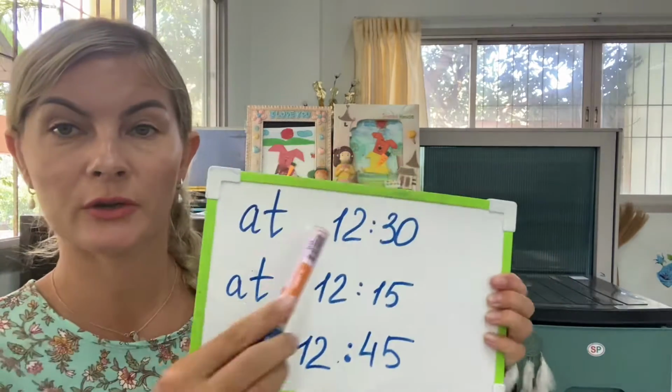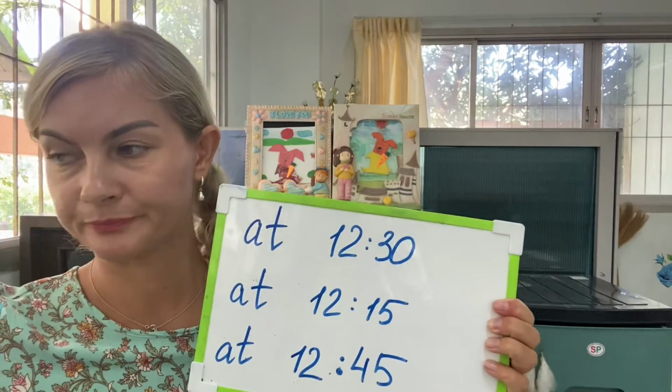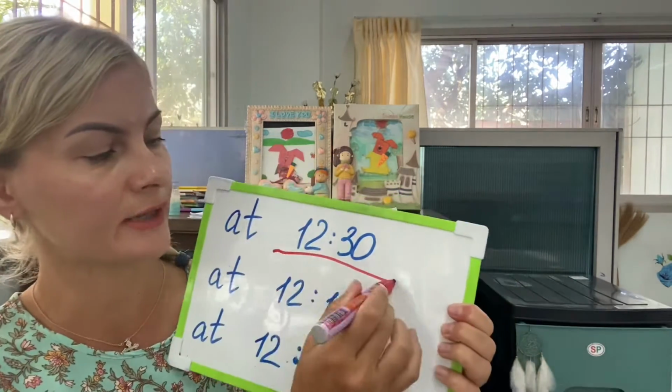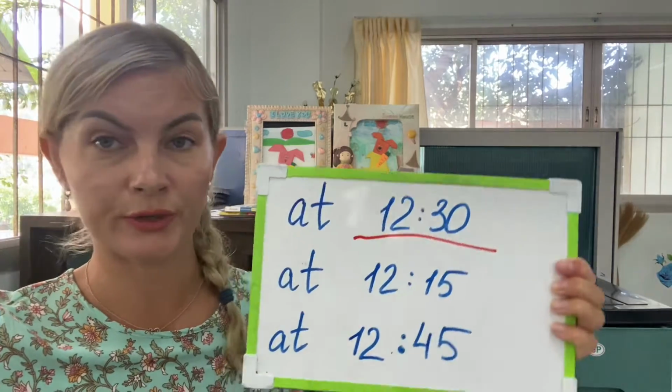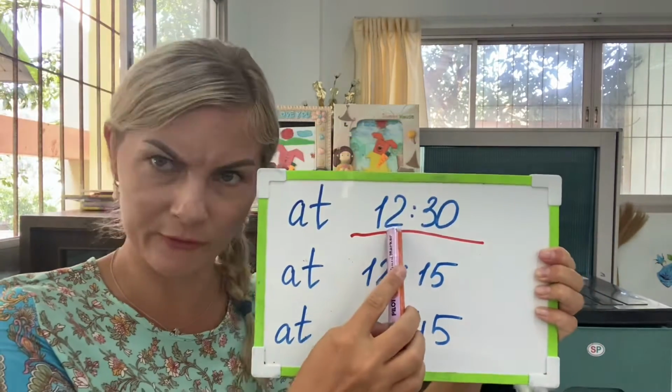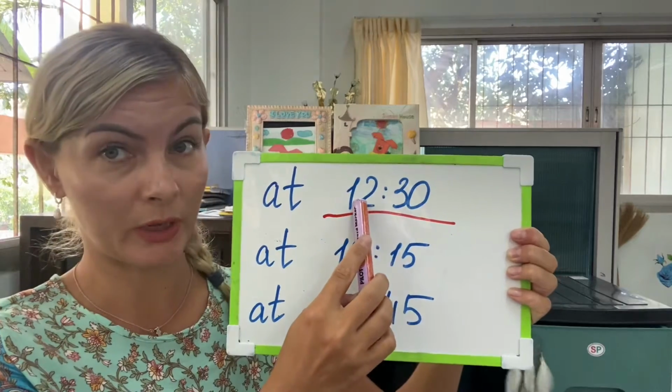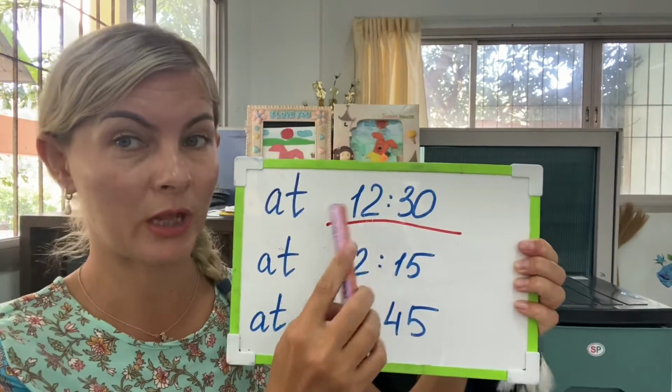And what time do they have lunch? So we have two answers. 12:30 or 12 o'clock, yeah? So you remember this is the time when they have lunch. And how to read this? Is this 12 o'clock or not? No, it's not 12, but it's 12:30. Yeah, exactly. So you can choose the right answer.